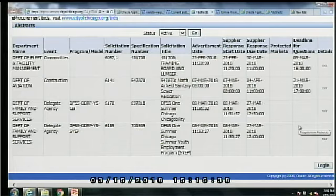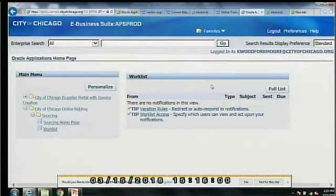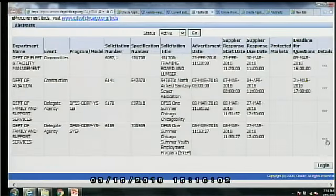We cannot go live because there's live bids out there, and people are bidding on there. So if you want to look at the live bids, you can go on the website and do that. I cannot do a fake. I cannot respond on showing this as training. So we're going to be working with 6189 on this one. So, okay. I clicked on the abstract here,